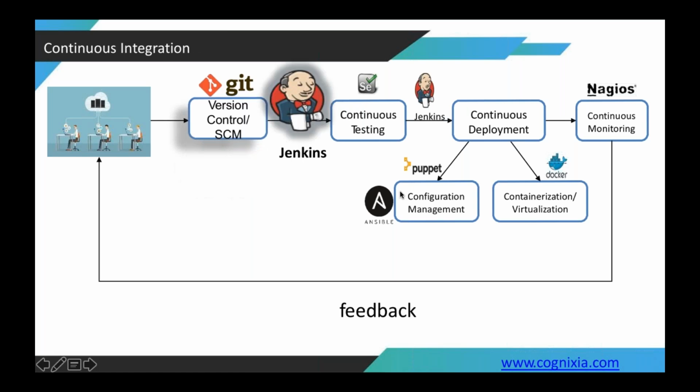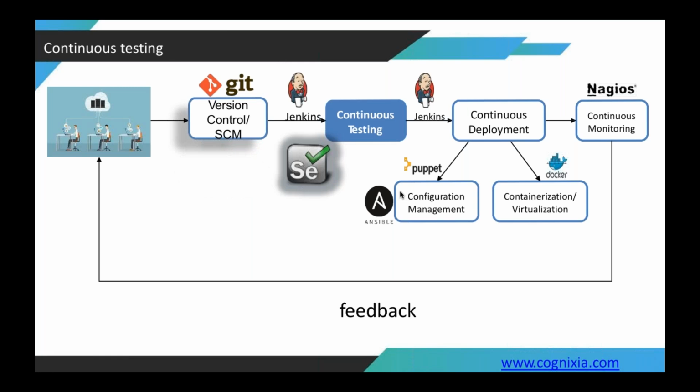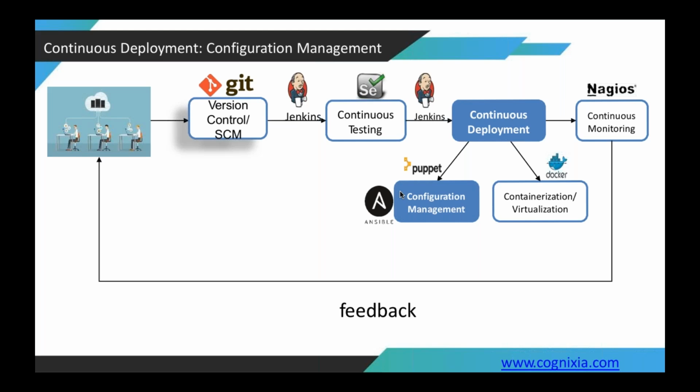All right, so if you see, this is our SCM. Developers are going to commit to that. Then continuous testing comes into the picture using Selenium. Then there is continuous deployment. If you are doing the deployment on EC2 instances, then you can automate the deployments using Ansible or Puppet or Chef or Salt. And if you are doing the deployments on Docker containers,